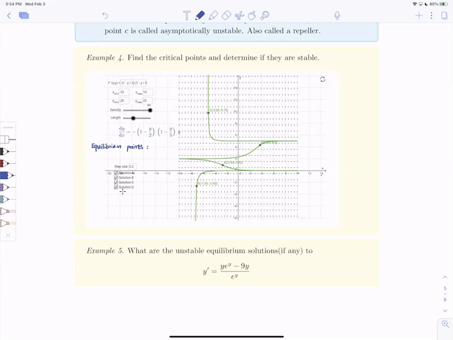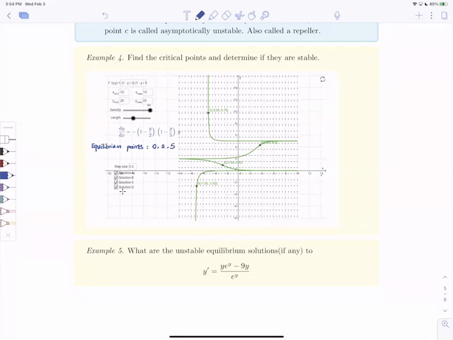Anyone? Where did you get 1 over 2? The value of y. 0 is one of them, yeah. 0, 2, and 5. So those 3 points are equilibrium